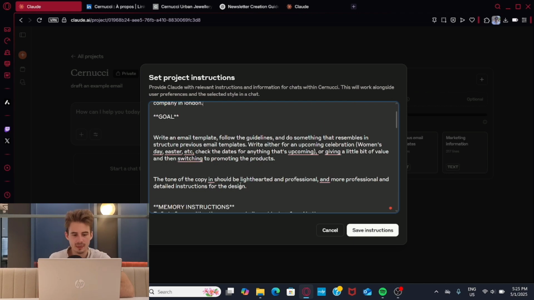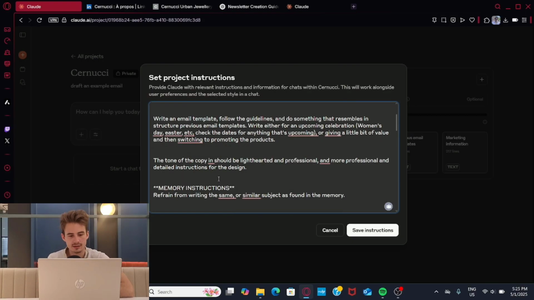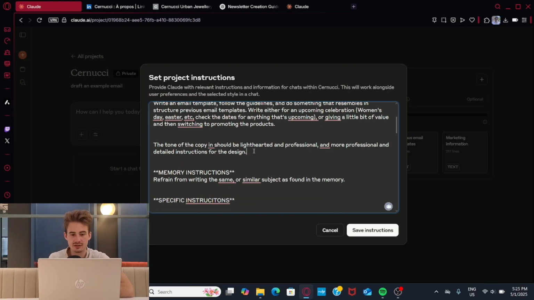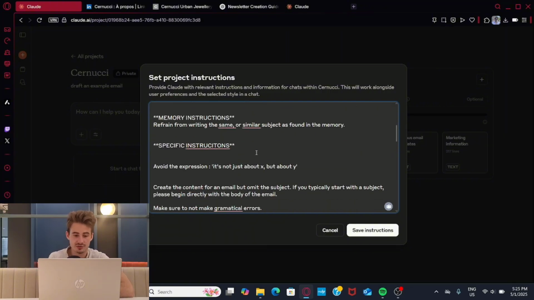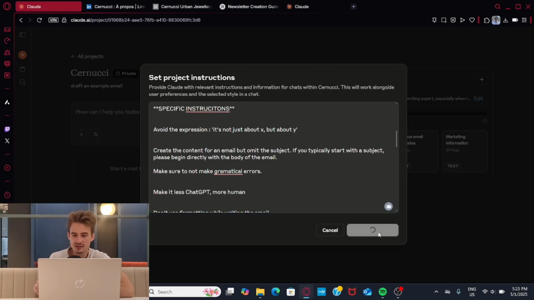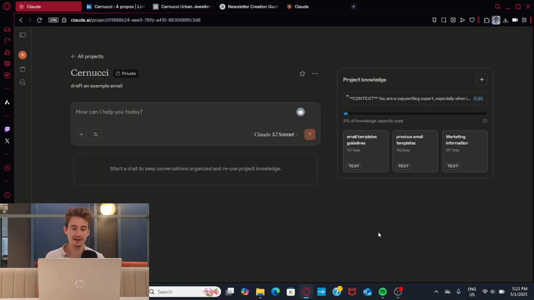And there you go. And this is very much the goal. So writing an email template, following the guidelines to do something resembling the previous email templates. The tone should be lighthearted and professional for the copy, and more professional and detailed for the instructions for the design. So we're going to just save the instructions right here and ask it now to write